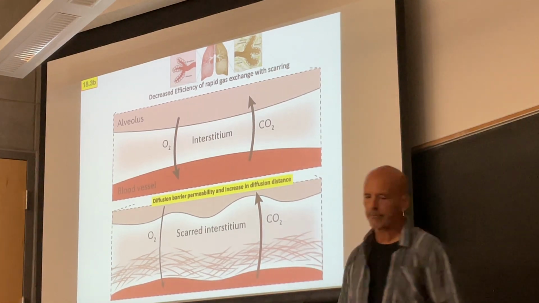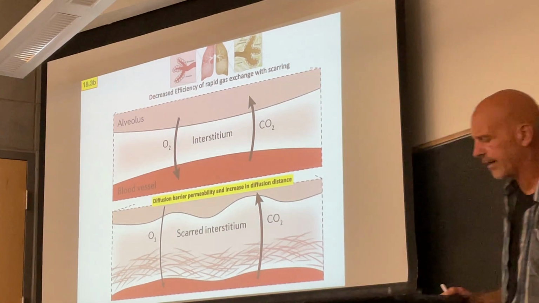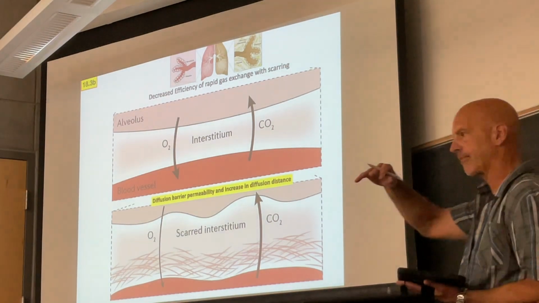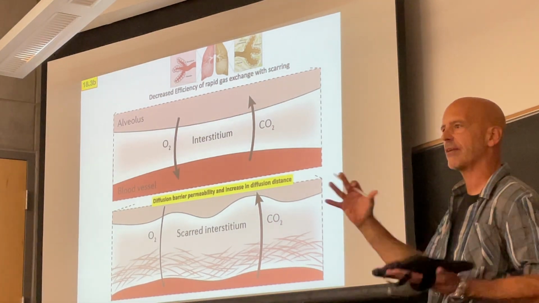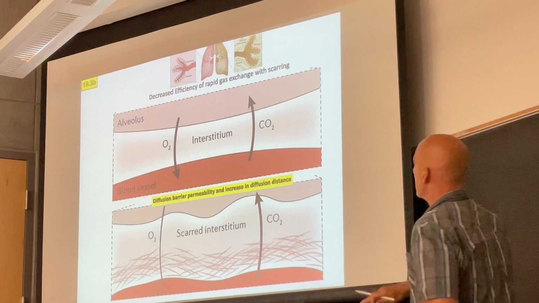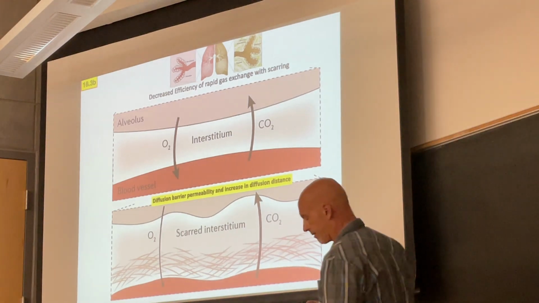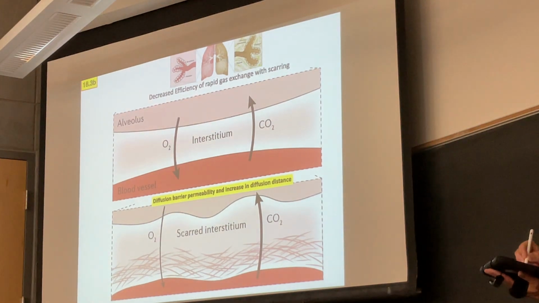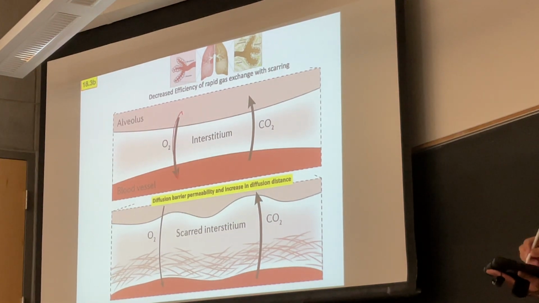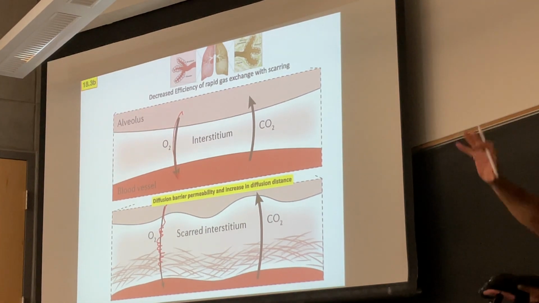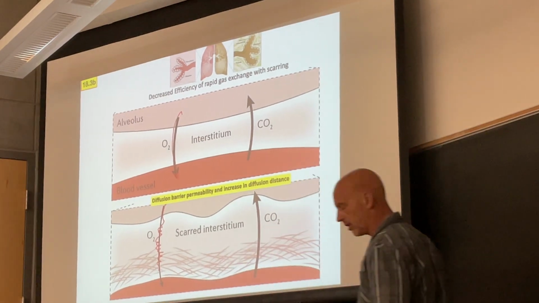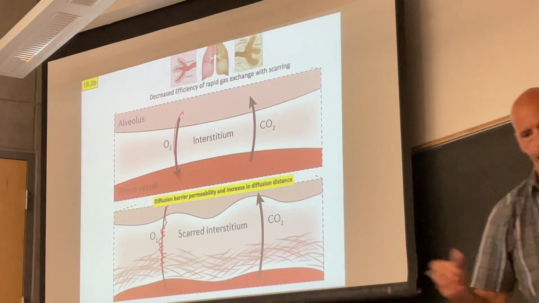But the other thing is, when you have that fibrosis, you get scar buildup in between the interstitial space. Collagen instead of elastin makes it stiffer, but if you get scar tissue in between there, what was previously a very short distance to go becomes a long distance across this very impermeable kind of space, right? So this is one of those things that also increases the distance, which is a big factor in diffusion,